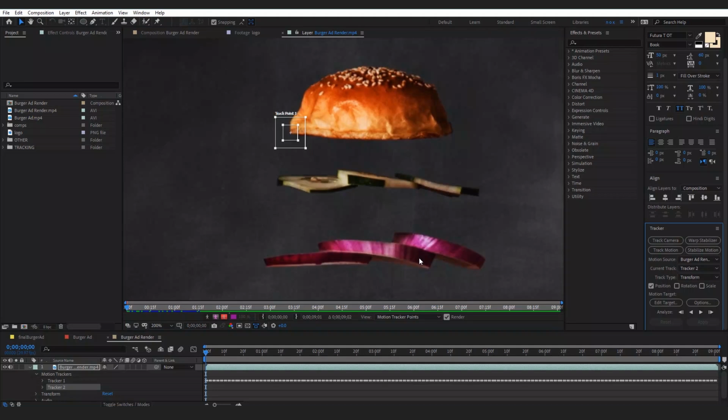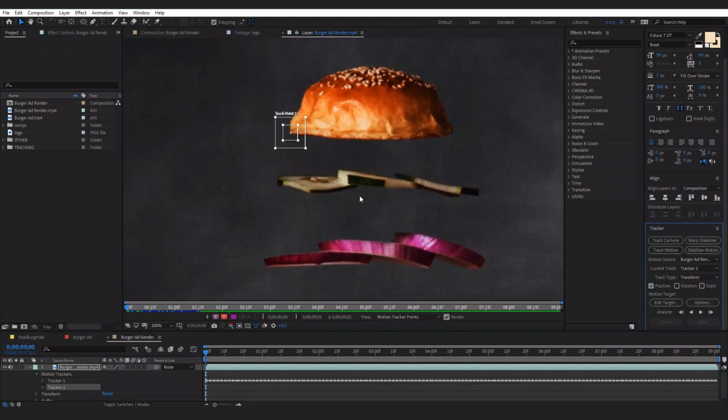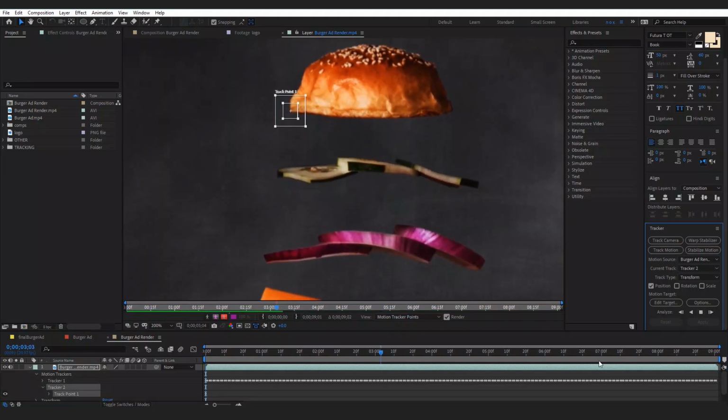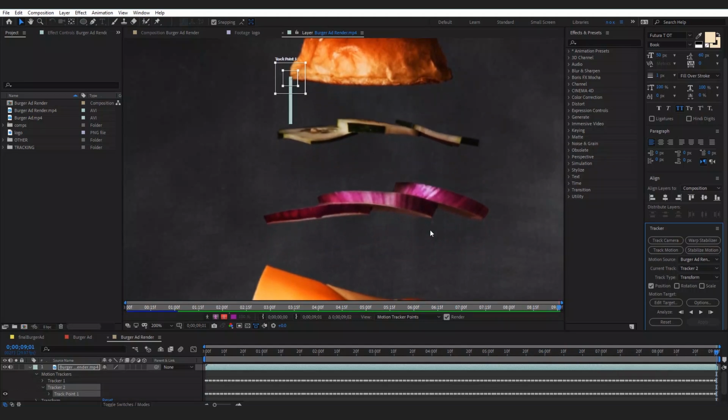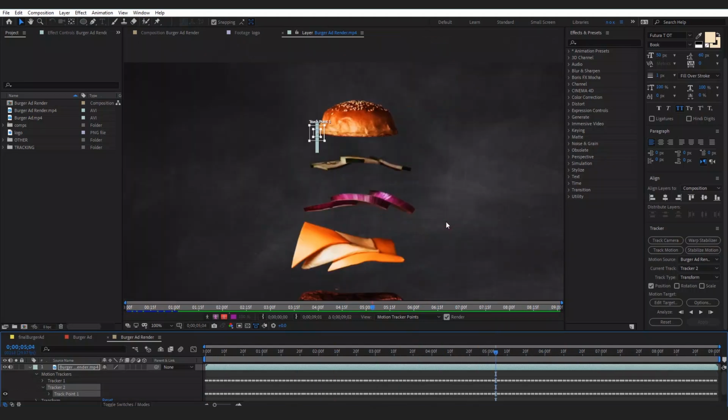Make sure it's by the corner, not inside, because then there are two contrasts, as you can see, the background and the sharpness of the outlining part of the element, the burger. So you need to make sure the tracking is always set at the edge of your ingredients. And now that we've tracked the second one, as you can see here,